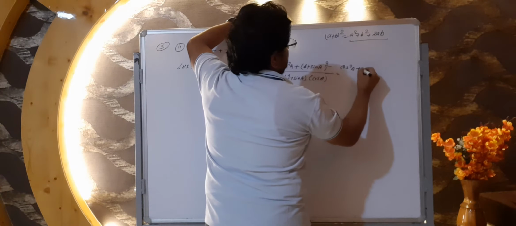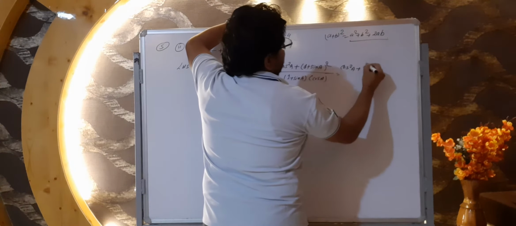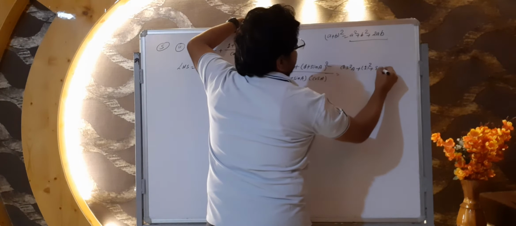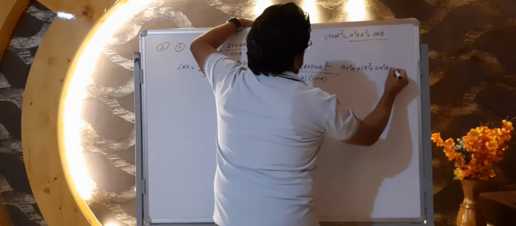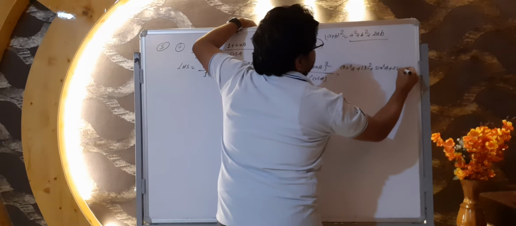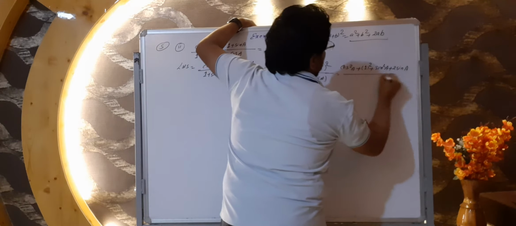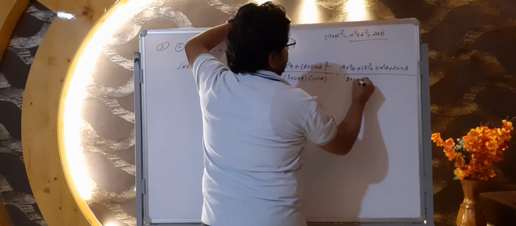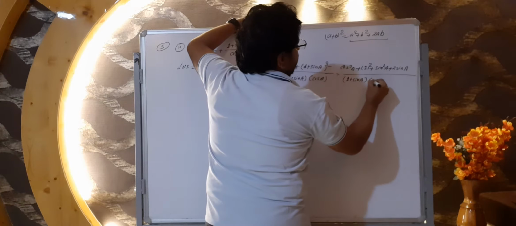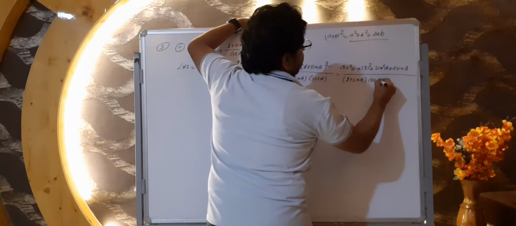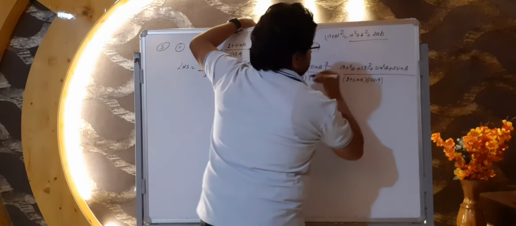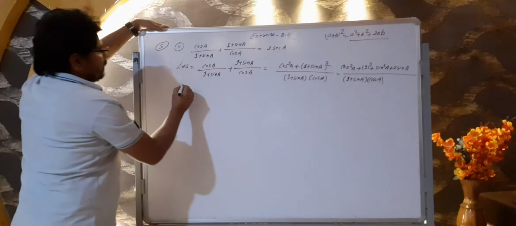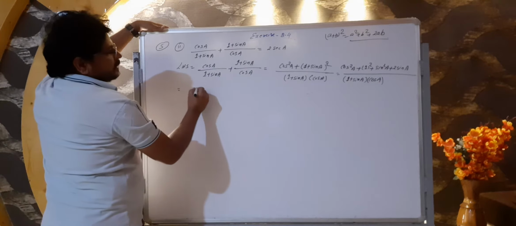This is A, this is B. A square means 1 का square plus B square means sin square A plus 2AB means 2 sin A upon. This you write just same to same, 1 plus sin A and cos. Okay guys,